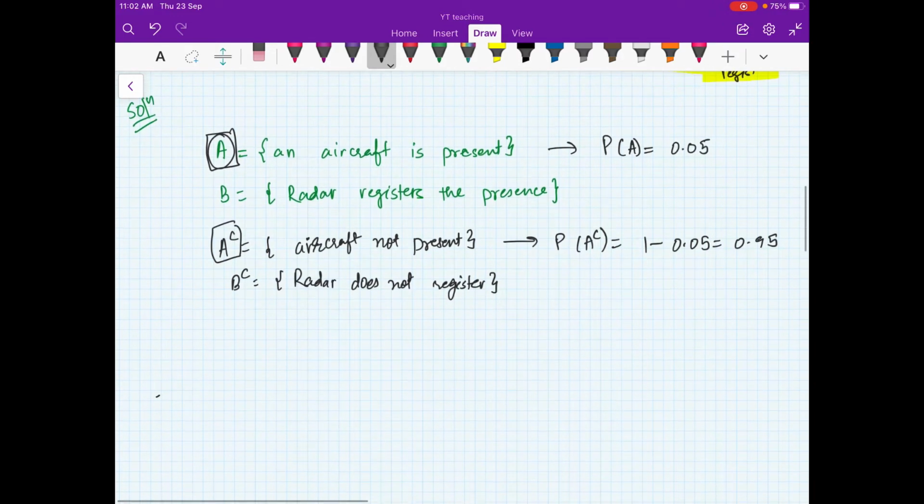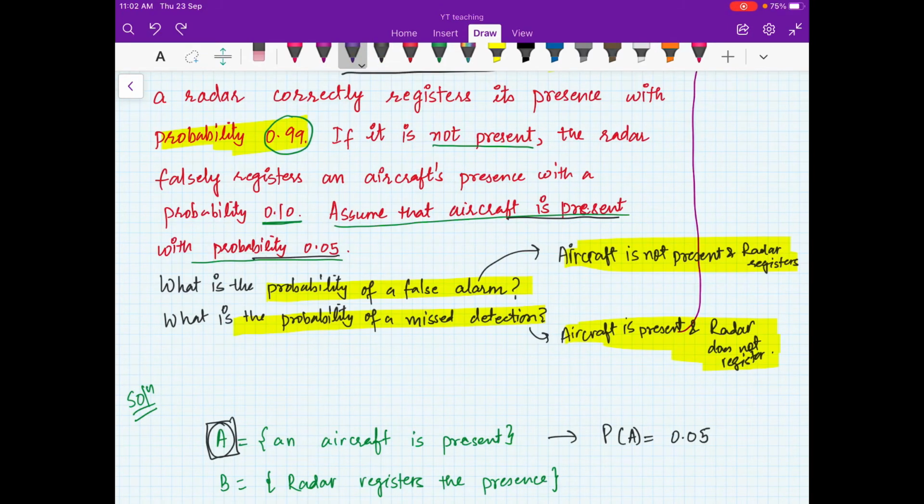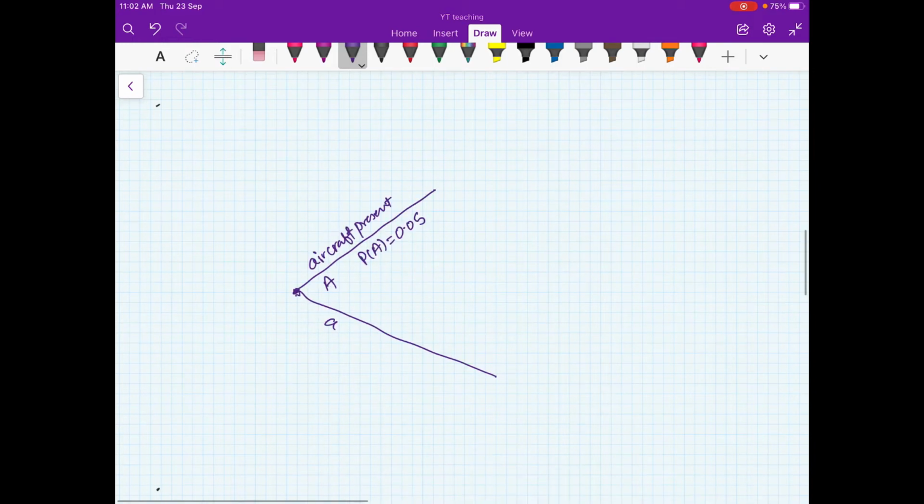So we can draw that either the aircraft is present, which is the event A, and probability of A is 0.05, and then aircraft not present,